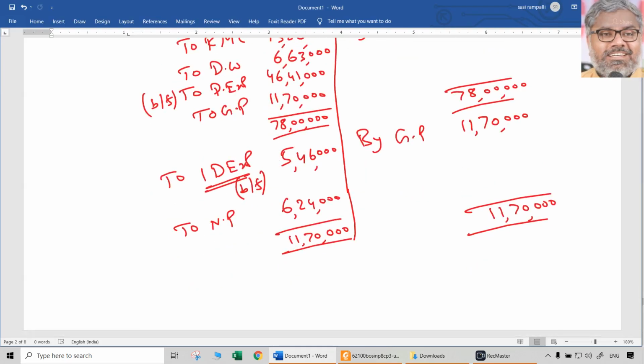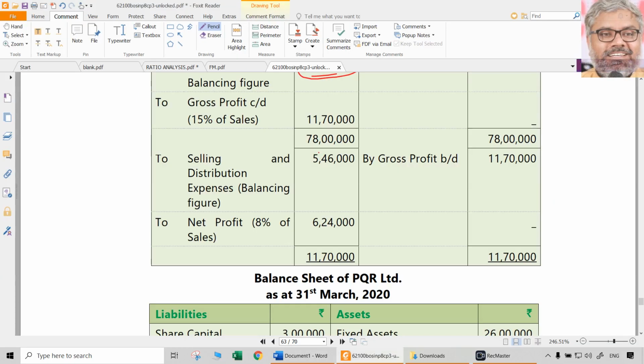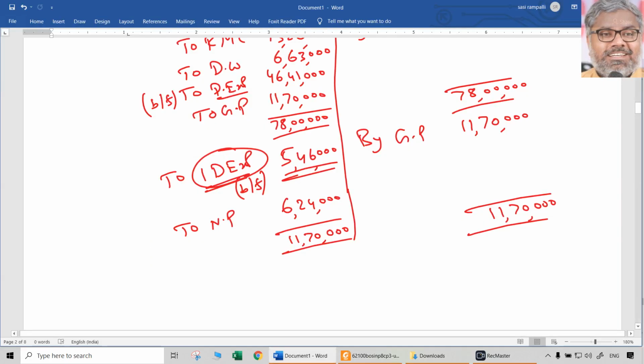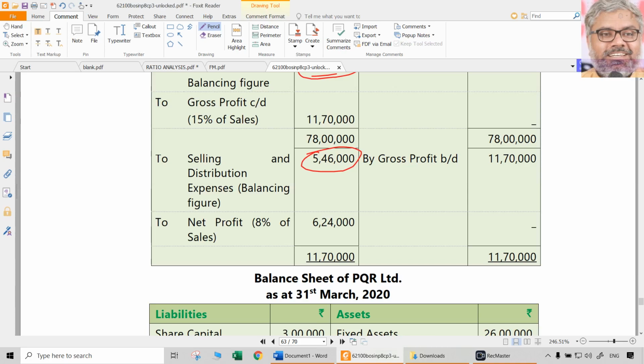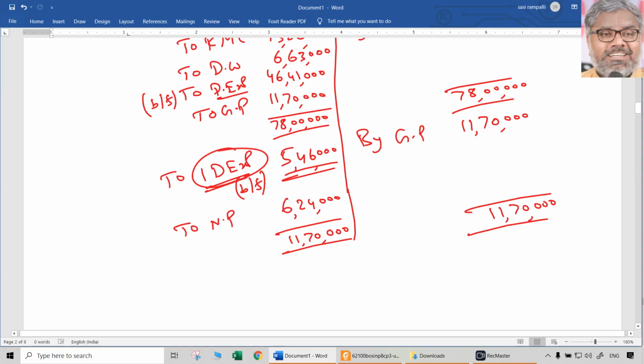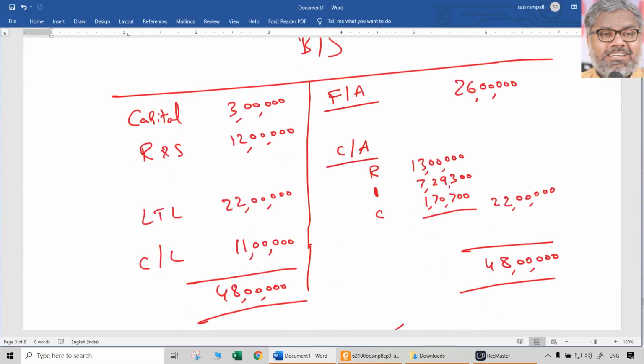How much are going to be administration, selling and distribution expenses? We can call them indirect expenses. Easier to say direct expenses, indirect expenses. So indirect expenses will be 5 lakh 46,000, which are office and distribution expenses. Indirect does not mean they are not related. They are related, but not to manufacture. Anyway, this is office admin and selling and distribution expenses, all of them 5 lakhs 46,000. Same thing. Net profit 6 lakhs 24,000. Total is 1170. Same. That is a summarized P&L account.